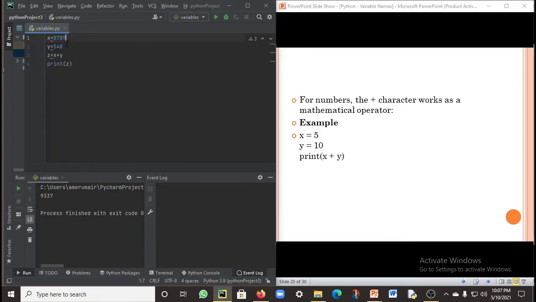So I have assigned 8789, a random number, to variable x and 548 to variable y. Now I'll ask Python to print z is equal to x plus y. In the next statement I'm going to say print z. Simply the output is going to be 8789 plus 548, which gives me 9337.